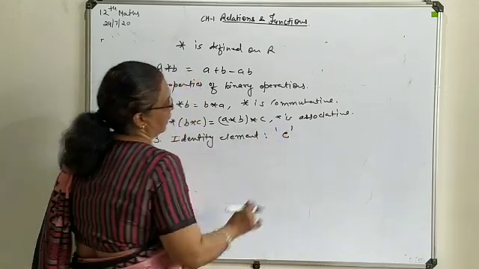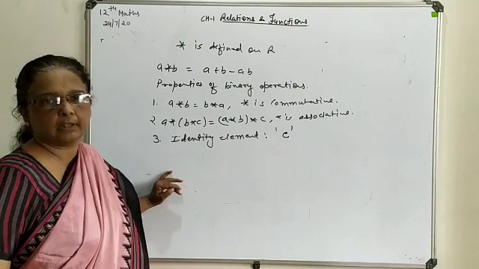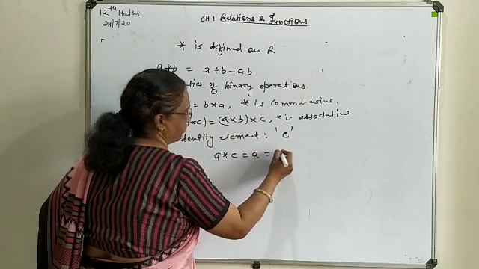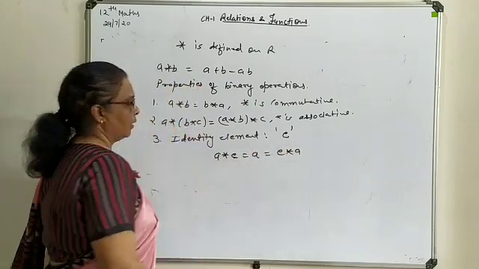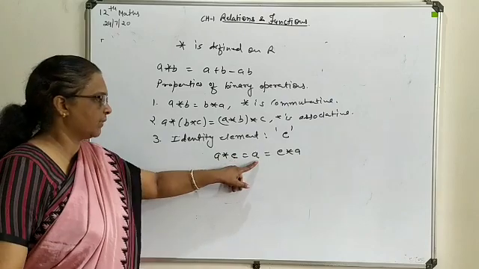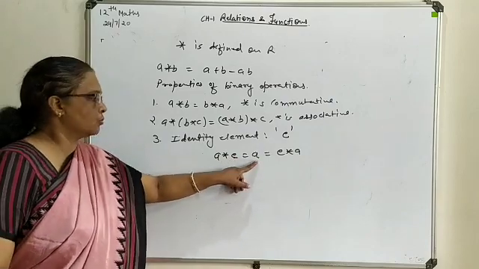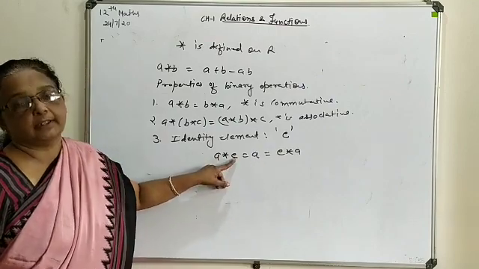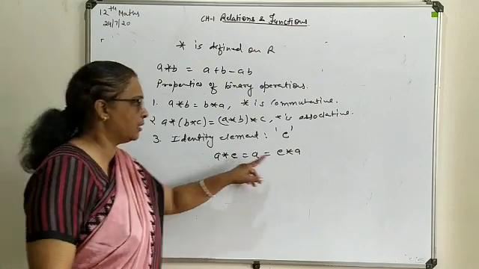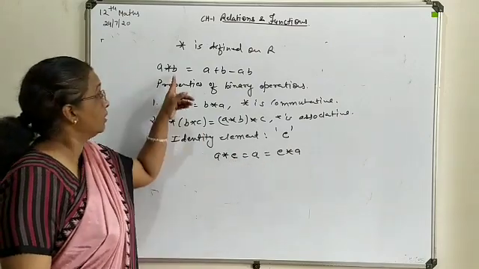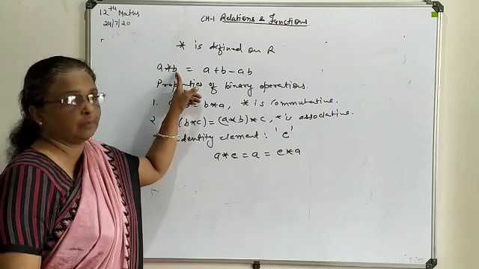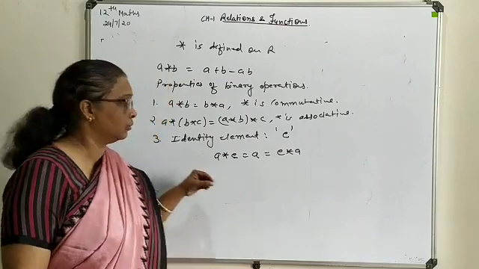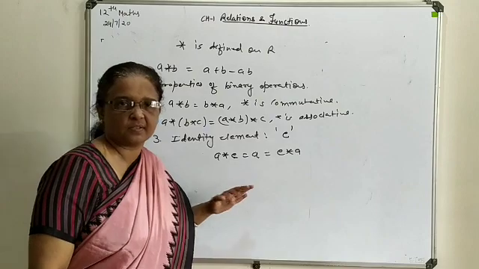Normally the letter E is used for the identity element. It is to be evaluated on the basis of this relation. In place of B you will write E, and here also it will be the same element. So on making them interlinked with each other, E will be separated out. For the existence of the identity element, it is compulsory that it maintains the commutative law with the defined binary operation between A and B. So you have to check that. Sometimes it is not going to be fulfilled, so the identity element will not exist there.